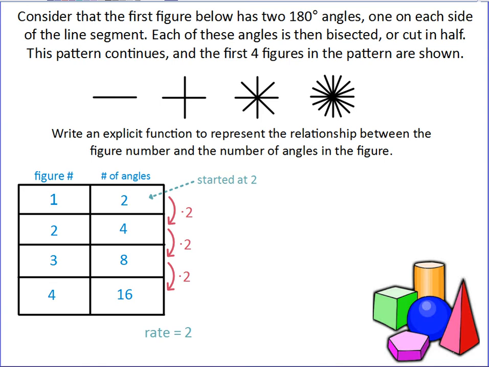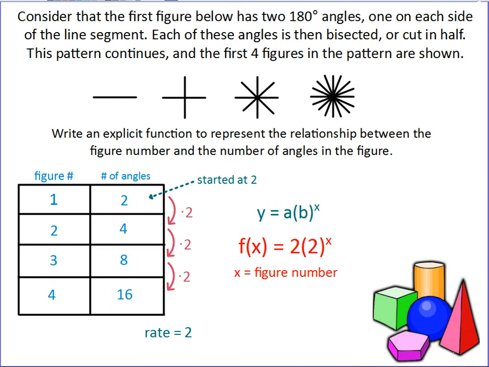That means that our starting value is the 2 angles in figure 1. So our rate of change is 2, and our starting value is also 2. When I use an exponential equation form, a times b to the x power, a is our starting value, 2, b is our rate or our multiplier, which is also 2, and x is going to represent the figure number. So I'm going to put all of our values into the equation, of course writing it in function notation, and